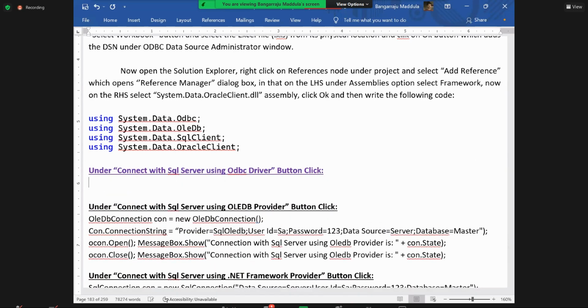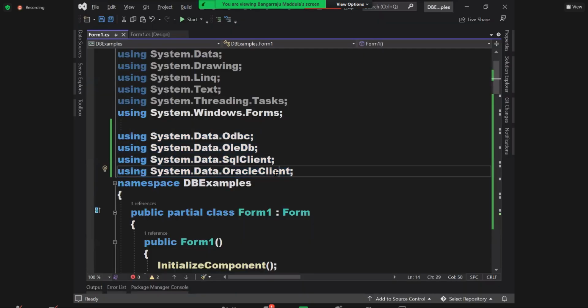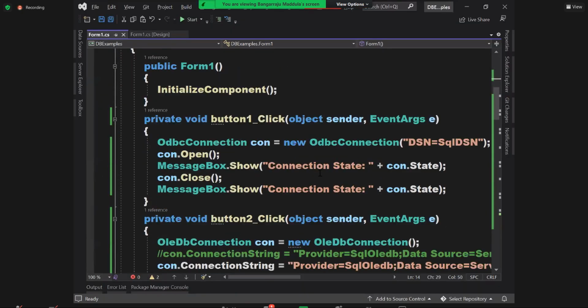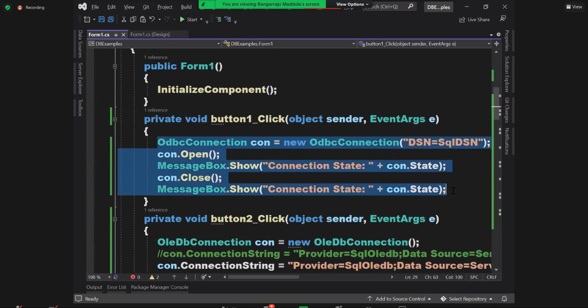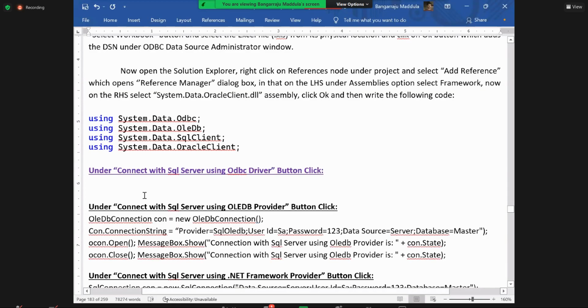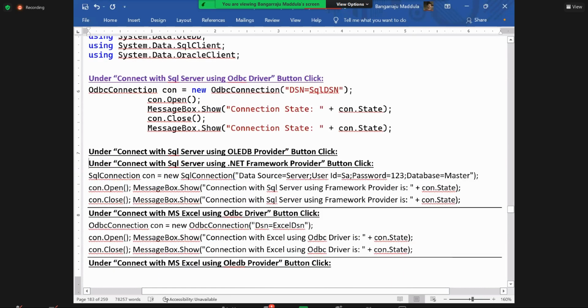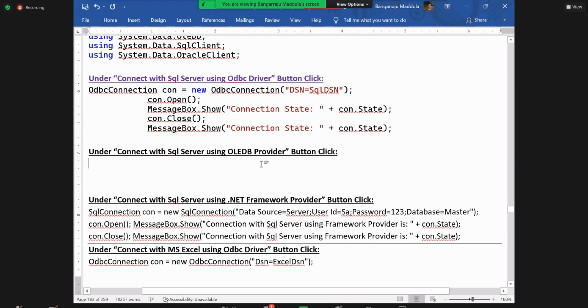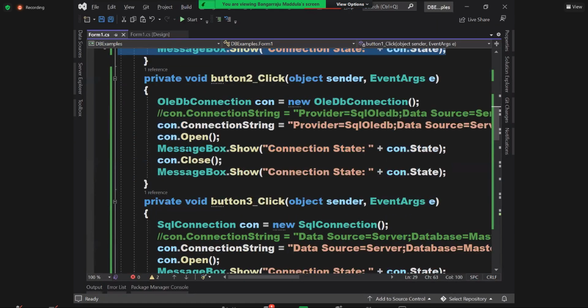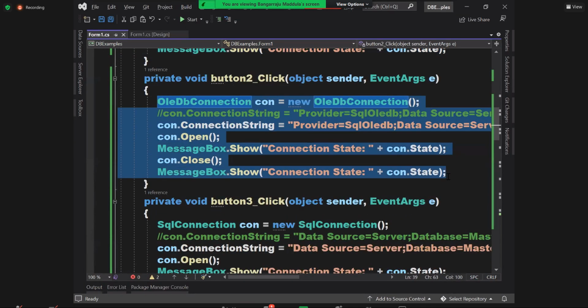What do you mean by sending a request to the data source? In this process, we will either be sending SQL statements to the database for execution, or we will be calling stored